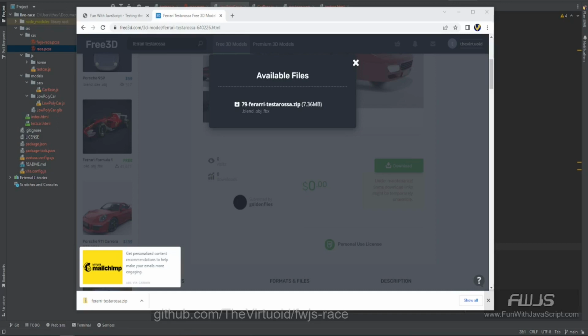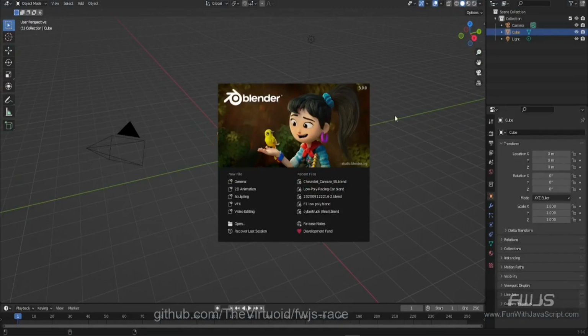So let me go to downloads. And what I'm doing on my other screen here, which obviously you can't see, is I'm extracting the Ferrari Testarossa. And we're going to be looking for the Blender files. Okay, and so what we're going to do